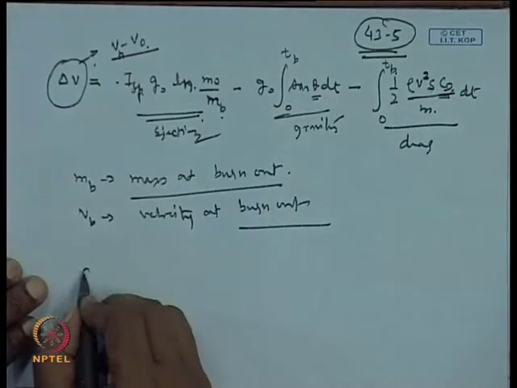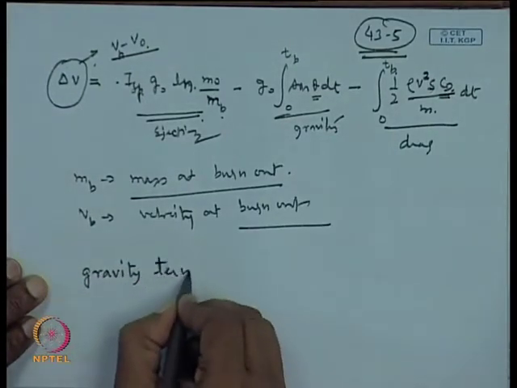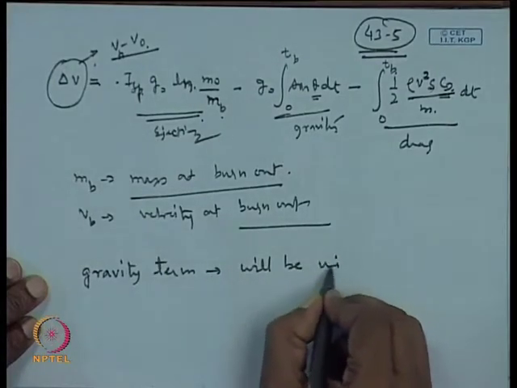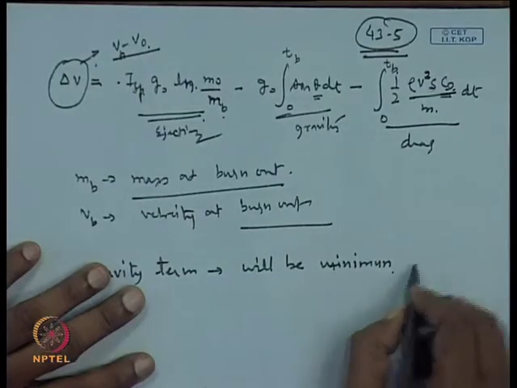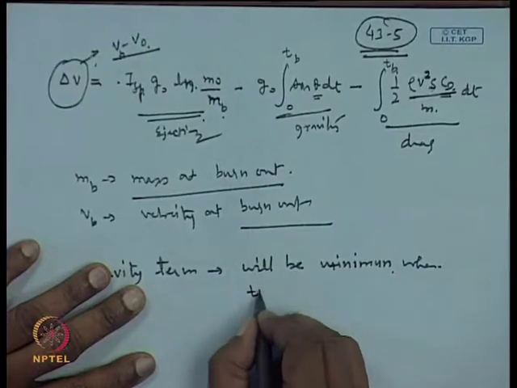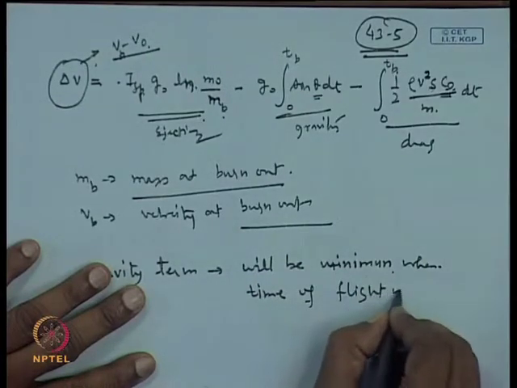Okay. So, the gravity term will be minimum when time of flight is minimum